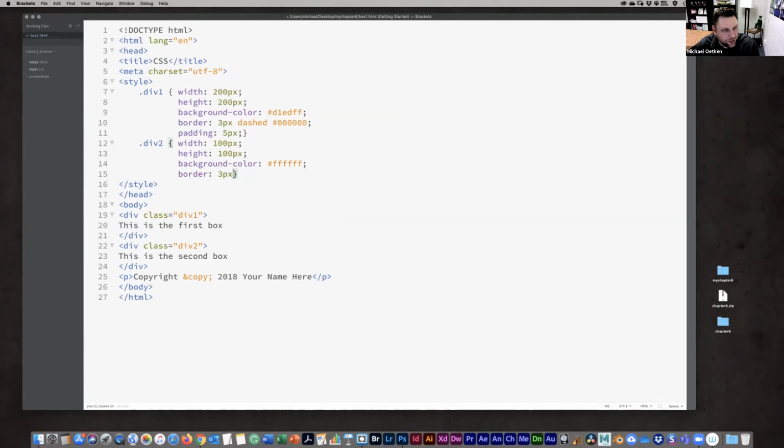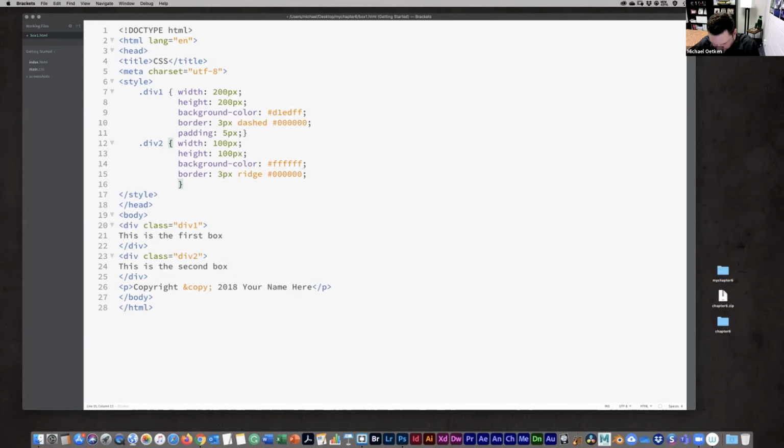3 pixel ridge. Okay, so we're just gonna make these a little bit different so you can see what happens when we get them in here. And we'll make that black. And then we're also gonna put a margin around all 4 sides of 10 pixels.